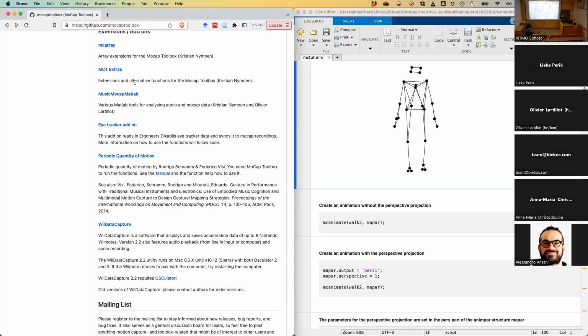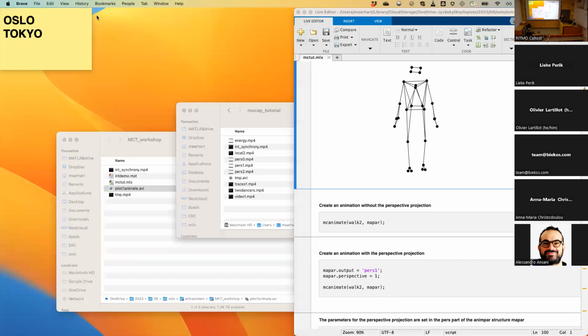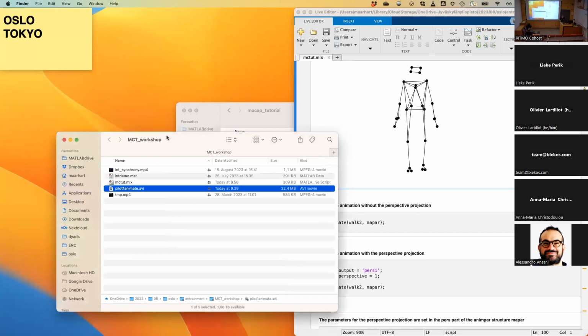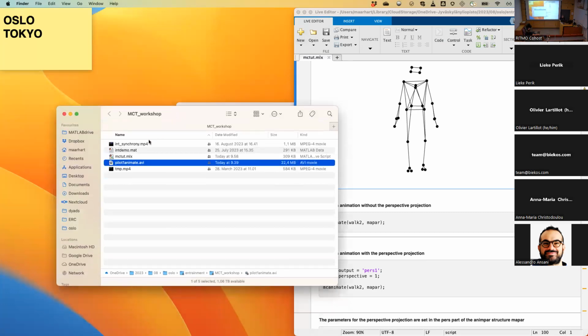And for example, eye tracker syncing between Mocap data and eye tracker data. So yeah, pretty useful stuff there. But yeah, we're not getting into that. I wanted also to briefly show you